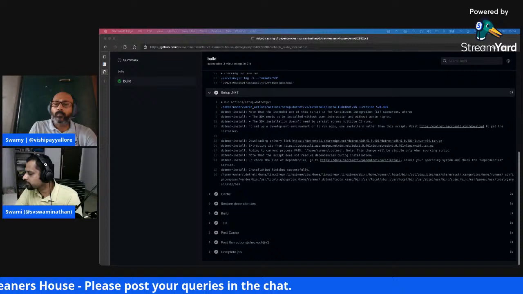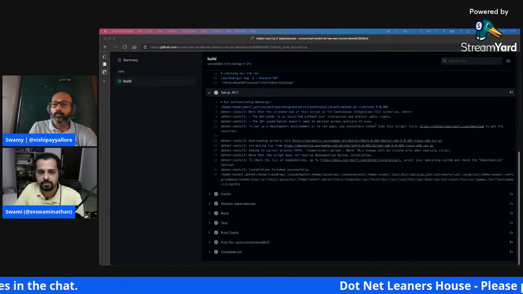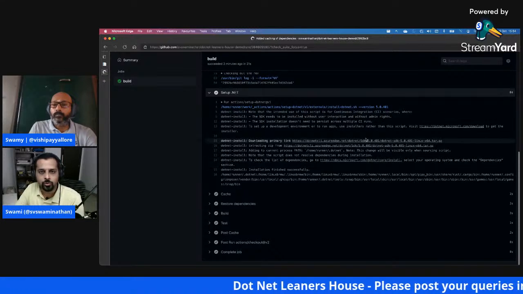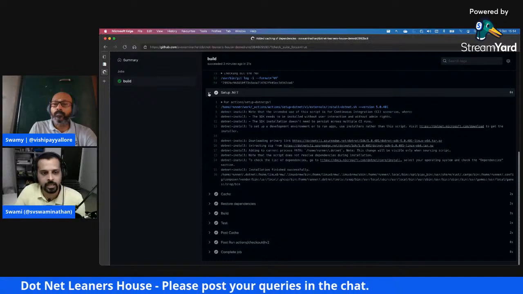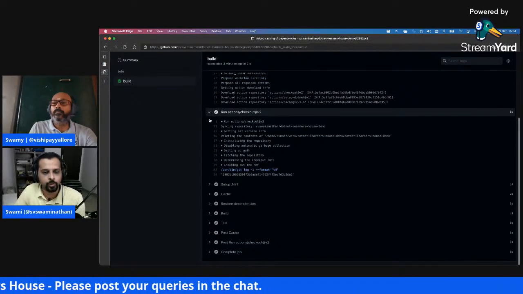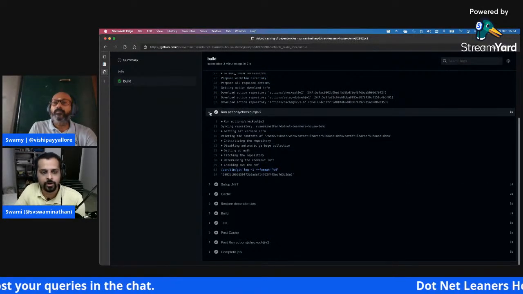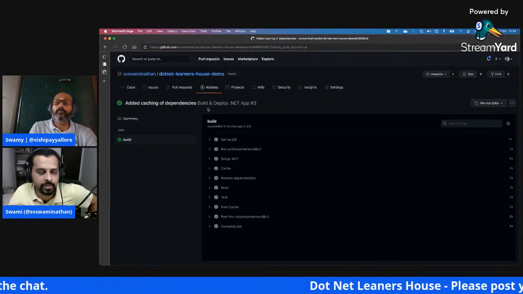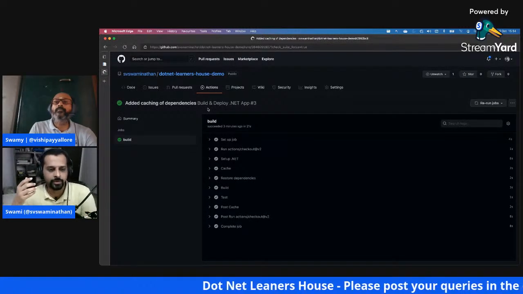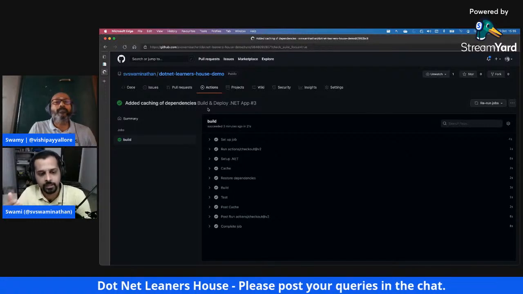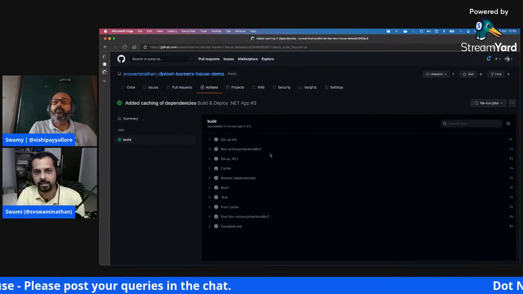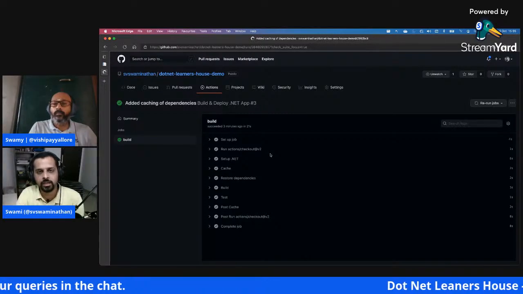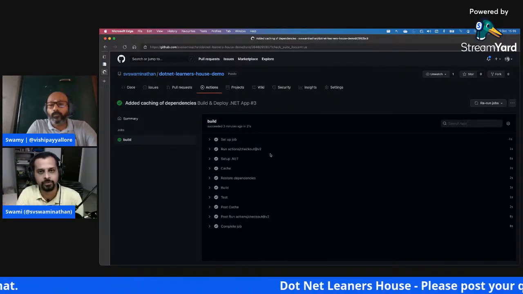Okay, does caching work with third-party binary repositories like Artifactory or Nexus? Yes, it should. You can specify from where you want to pull. Because I have not used any internal or private registries, I haven't specified those values here. It's by default pulling from the public NuGet repository, right? If you are maintaining your own Artifactory, either in Nexus or JFrog or whatever it be, you can specify those things as well, and then it can try to pull the things from there. What it does is only caching, right? All those feed-related links you would specify in your application. Let's say if it's a NuGet repository, right?